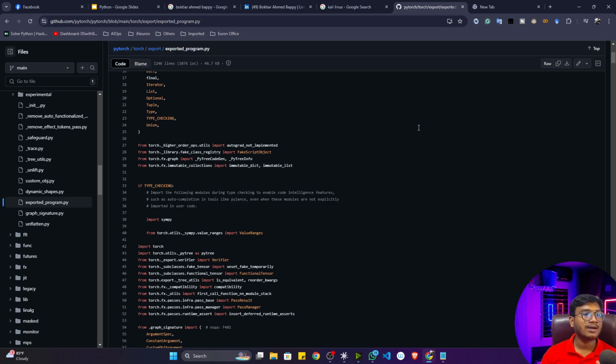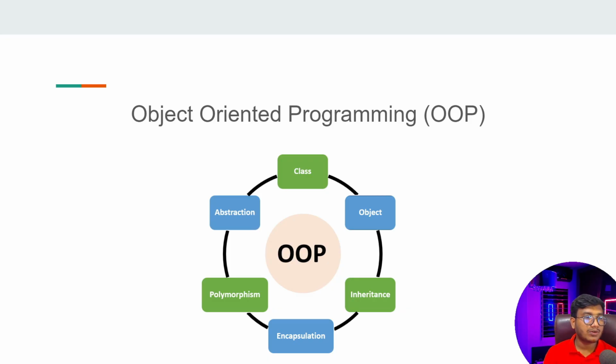Because I have seen many learners who are not able to get clear on this OOP concept because they try to understand the theoretical concept of OOP instead of writing the practical. So I'll make sure I give you proper practical understanding. I will show you a real-time demo so that this concept will be more clear in your mind. And this is my promise, guys. If you complete this playlist, you will become a champion inside Python. You will also become a champion inside object-oriented programming, and you won't have any kind of doubt inside this concept. So yes, this is all from this video.